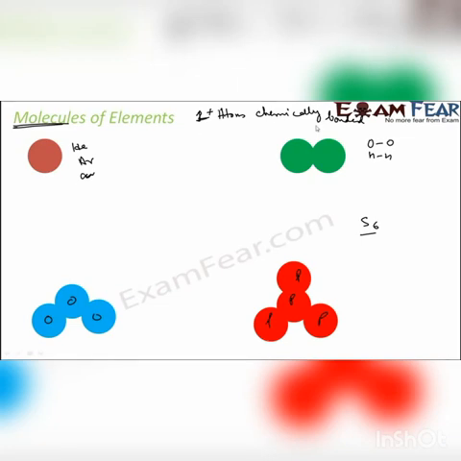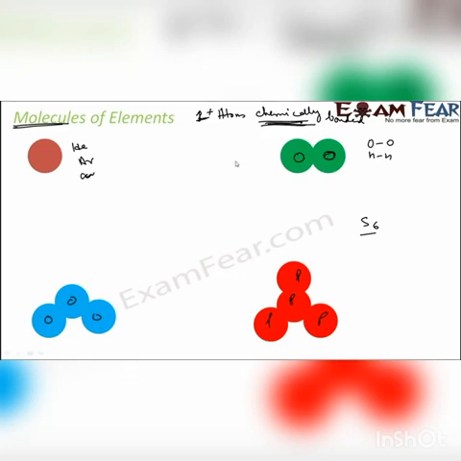When you say combined chemically or chemically bonded, I mean they are tightly held by an attractive force. There is a force of attraction between these two oxygen atoms, which is holding them together. We'll talk about this in the next class.